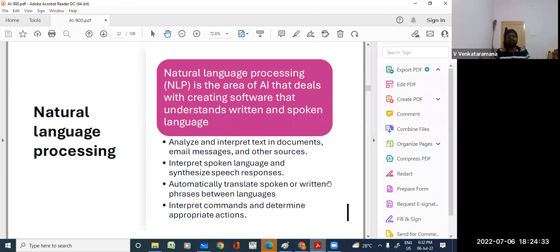Okay. So what are the different natural language processing applications? If you want to build a software application to analyze and interpret the data, the text that may be available in email messages, or in a Twitter post, or Facebook or LinkedIn posts, and from other sources, if you want to extract the information and analyze the text, then such types of applications come under the